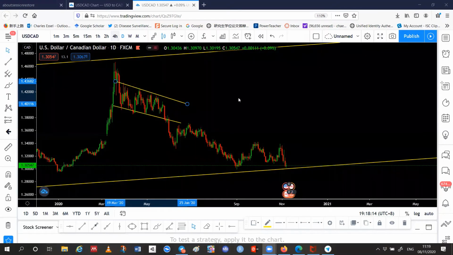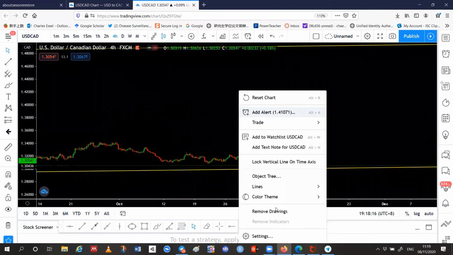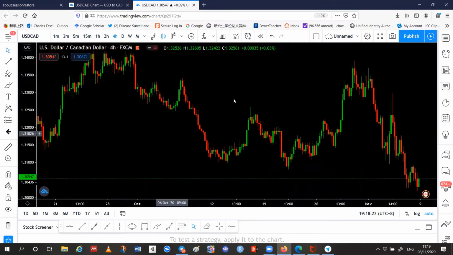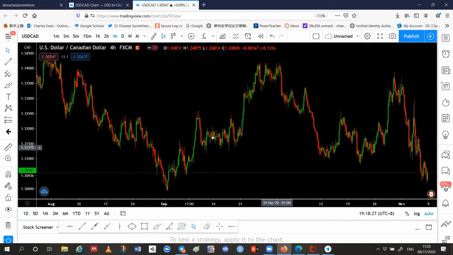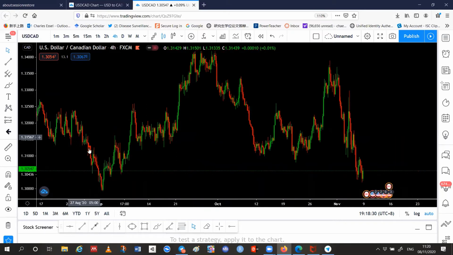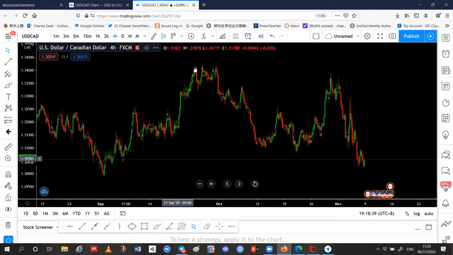So let's go to the 4-hour and let's clean our charts. Let's remove all the drawings so we have it and reset. Good. So this is what price has been doing all this while. So we have the impulse and the correction and all that. You realize that the highest point the market came to in September was around this position here, 1344, and the market could repeat itself, as I always say. So let's look at